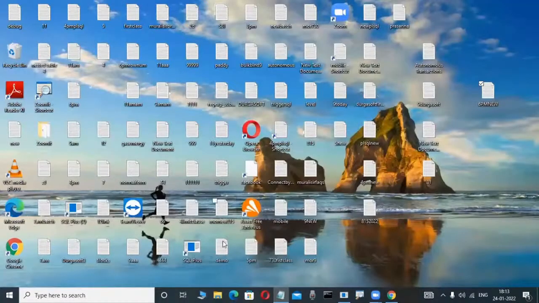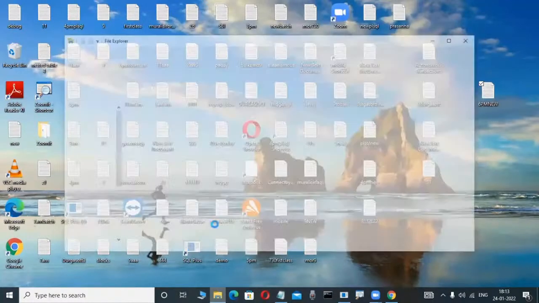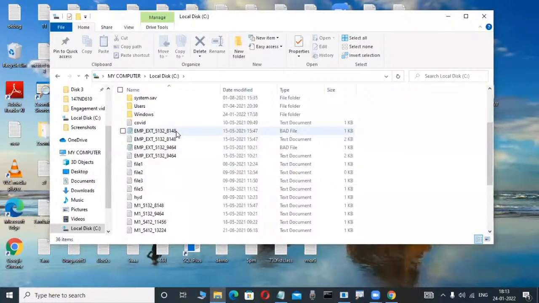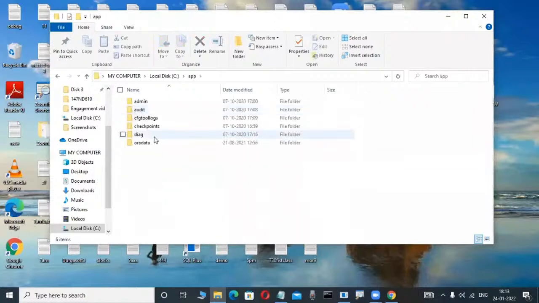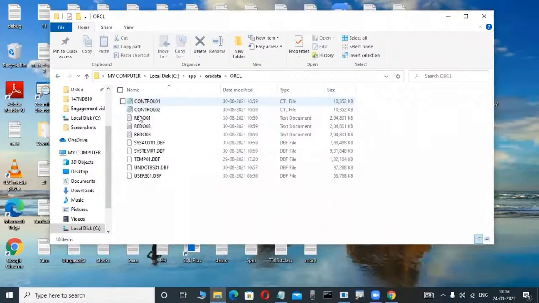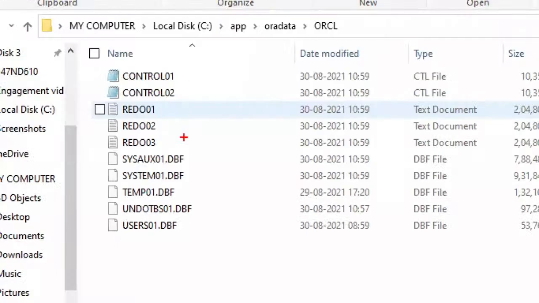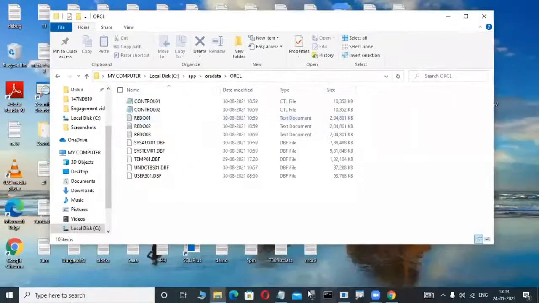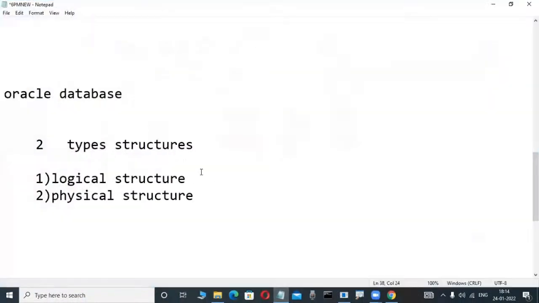Observe here. This is not visible in the operating system. In my system I'm installing Oracle. How you install Oracle we will learn in the next classes. Don't worry. Say I'm installing Oracle in the C drive or somewhere. In this C drive, your table is not available. Whatever table I'm creating is not visible. That's why in the C drive or D drive, it is not visible. So a logical structure means a structure which is not visible